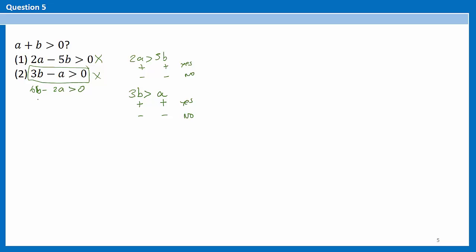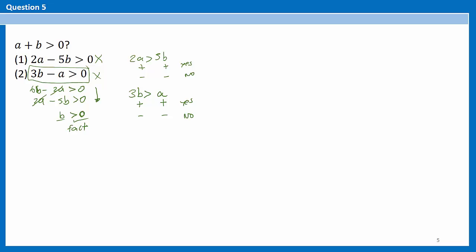And the first statement says that 2a minus 5b is greater than 0. Now I can add them up because they have the same inequality sign. And that would eliminate 2 times a, which would leave me with b greater than 0. And now, since this is a fact